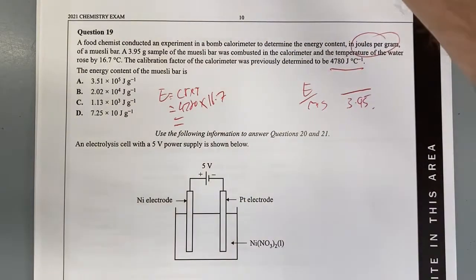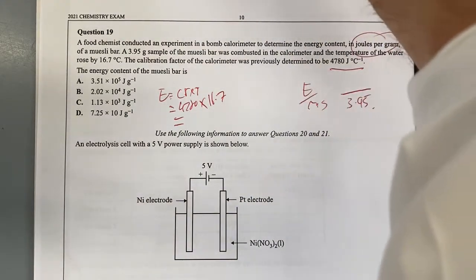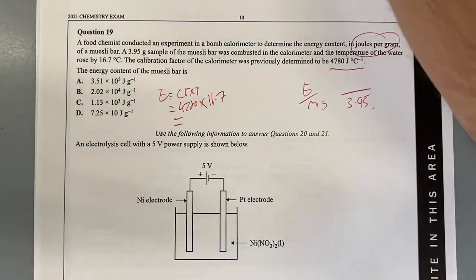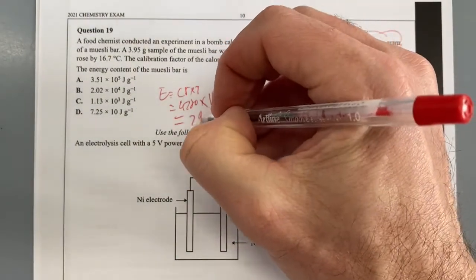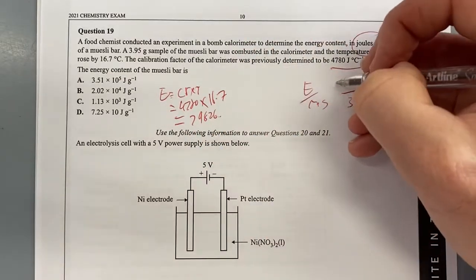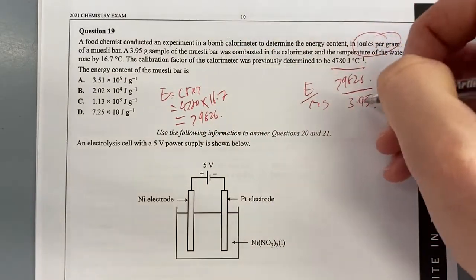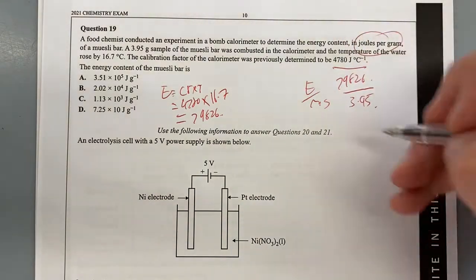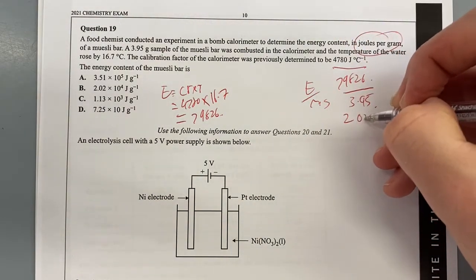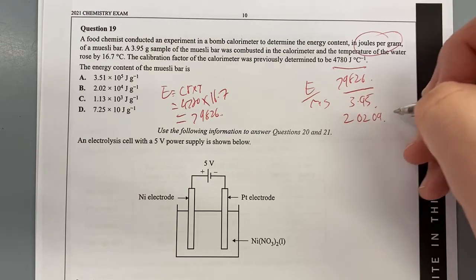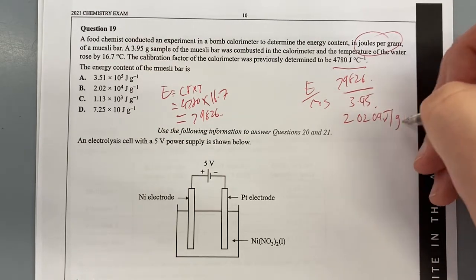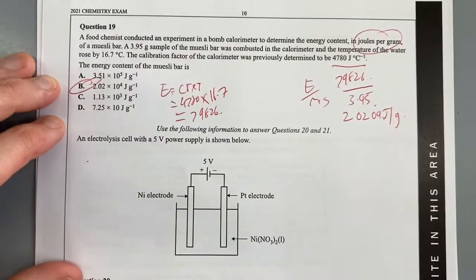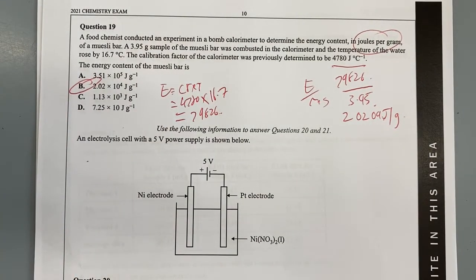It is going to be 4780 multiplied by 16.7. That gives me 79826. So therefore 79826 divided by 3.95 gives me 20,209. All right, that's joules per gram, which comes up to being answer B. Fantastic. Let's move on to